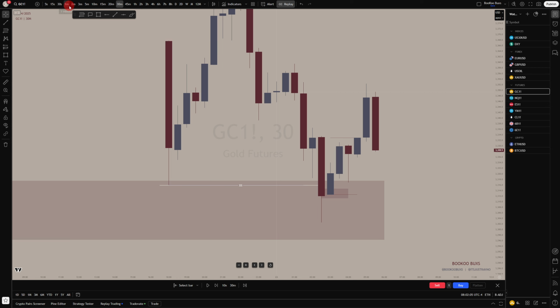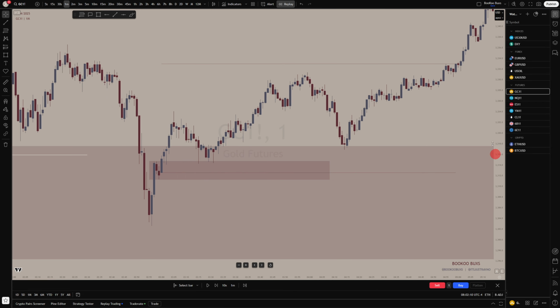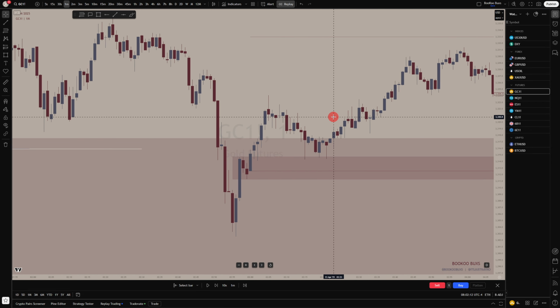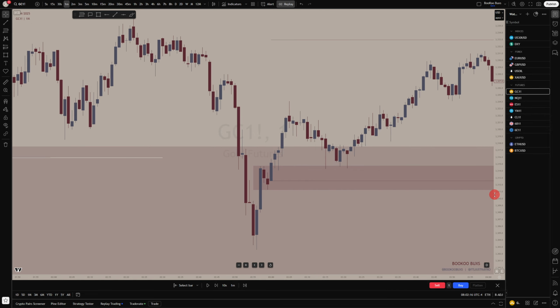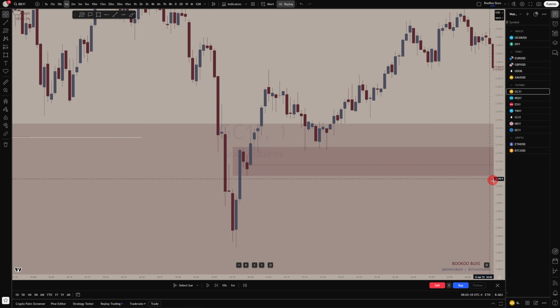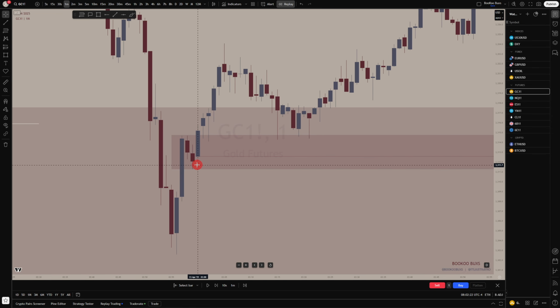I went down to the 1 minute time frame to try to find a 1 minute break of structure, but in this case, it was unreasonable for me to wait for a 1 minute break of structure. So I decided to try and use the internal structure ranges. So in this case, we have an internal high that made an internal low, and price made a new internal